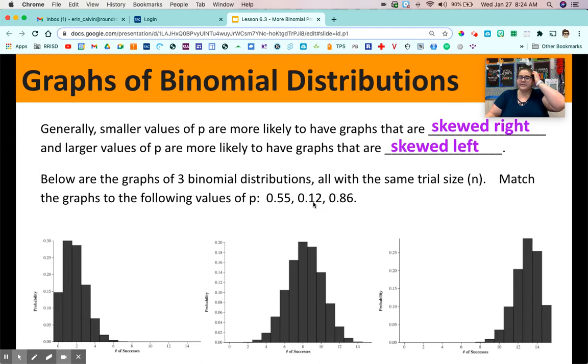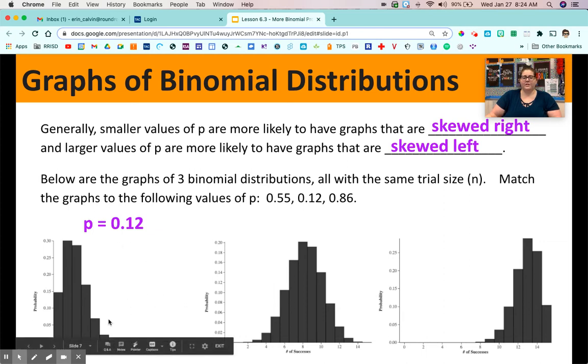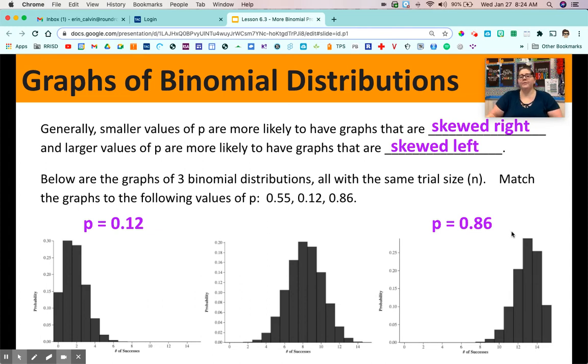0.12 is a very, very low number. It's a low value of p. And smaller values of p are more likely to have graphs that are skewed to the right, which means it would probably be matched to the first graph on the left side. So not only is it going to be skewed to the right, but remember, if we have a low value of p, then my tallest bar on my histogram should be on the lower end. It's on the left. So skewed right,